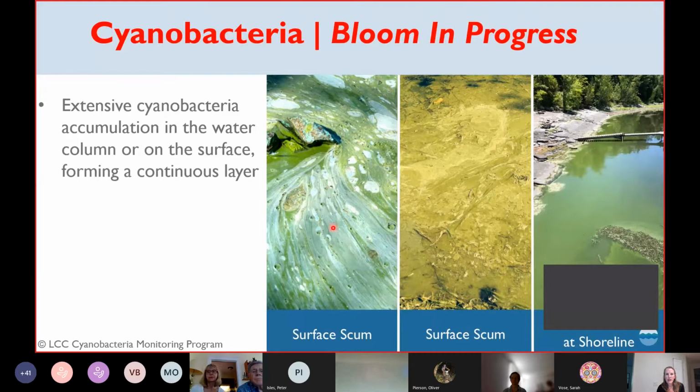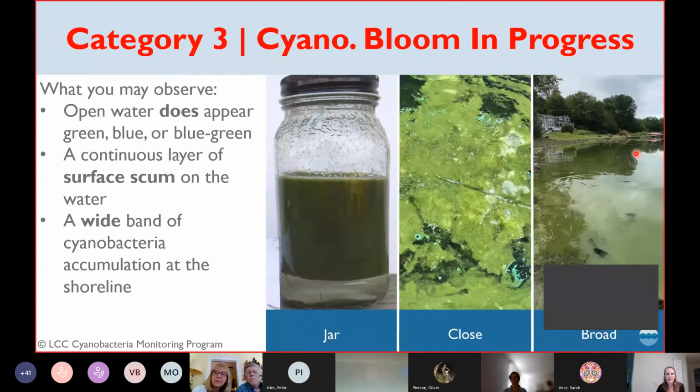This again is showing cyanobacteria breaking down. The signal for that are these blue and turquoise colors. And again, if cyanotoxins were present, they would have been being released into the water column. This is showing surface scums coming in this yellow-green color, and then here showing a lot of density along the shoreline and that tinge of green throughout the water. Even when it's not as dense, it's showing that color.